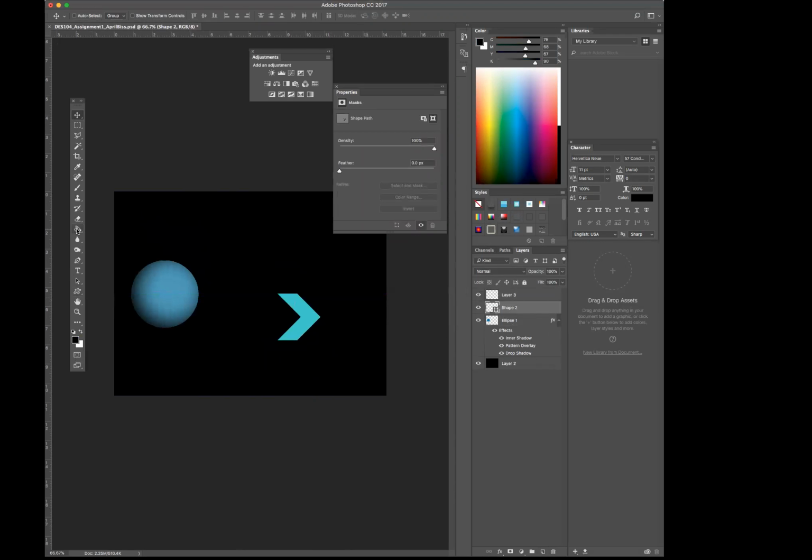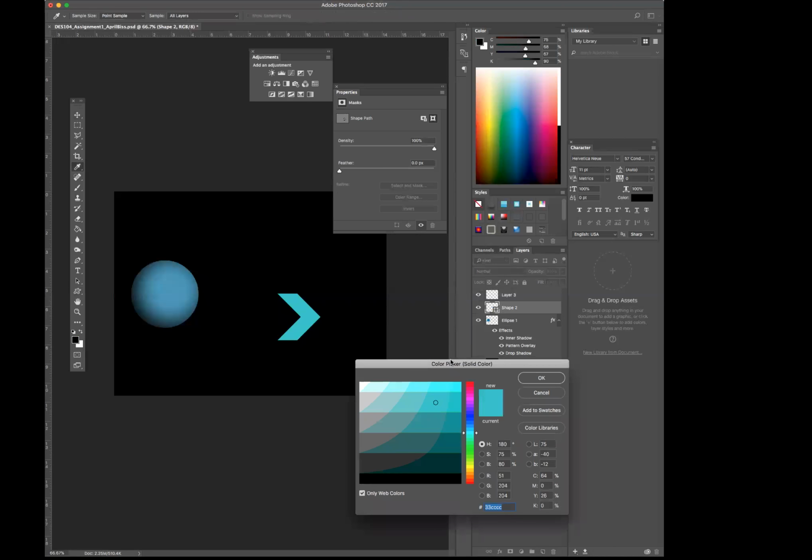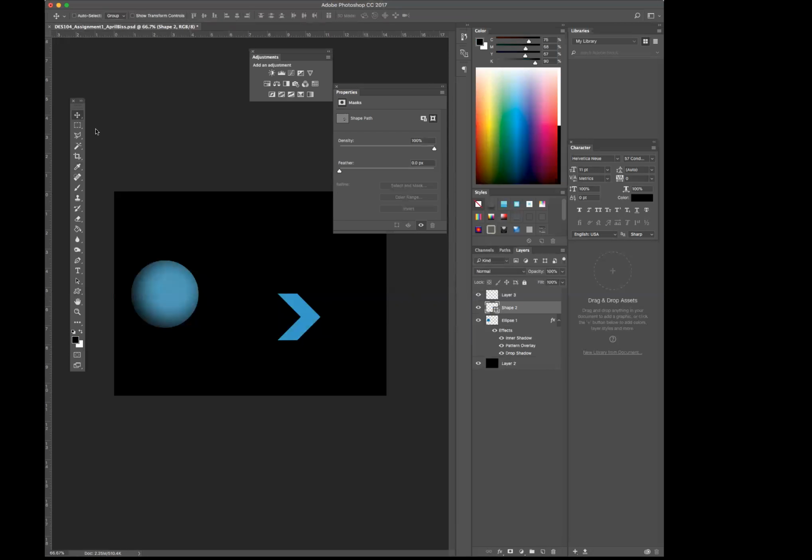You can change the color, double click on it. Say I want it to be more like this blue. I can click in there and change it to a different blue that's more cohesive to what I have going on. If you wanted to duplicate the same style that you put on the ball, like all these effects here,